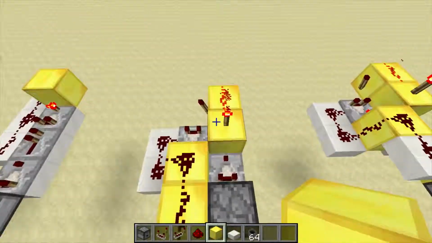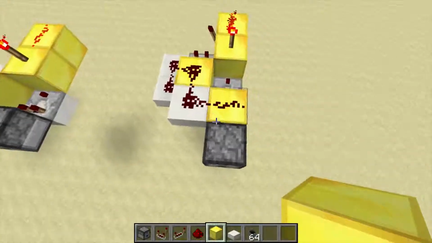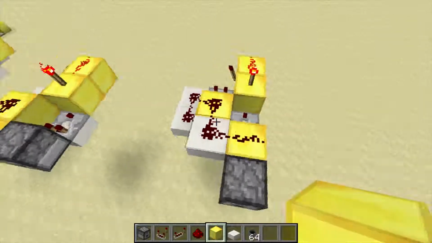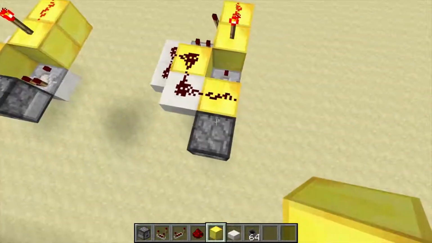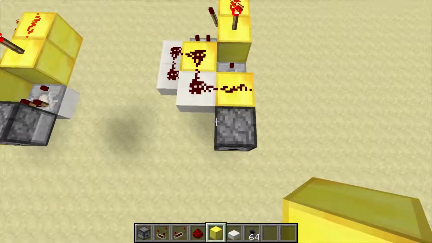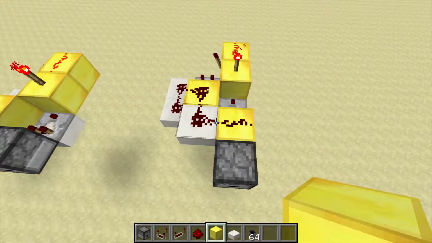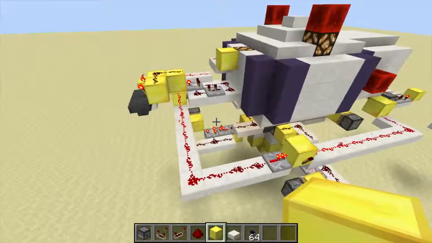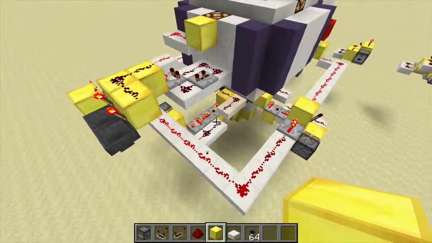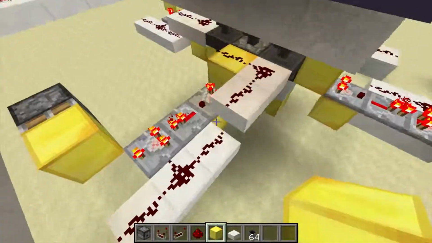Then there's this one, which uses a torch repeater, and a similar design that you can line up next to each other, or rather place it 90 degrees to each other. So now let's take a look at the item destruction chamber that I've built. As you can see, there's a fair bit to this, but it's all pretty simple when you get right down to it. Down here I've got my